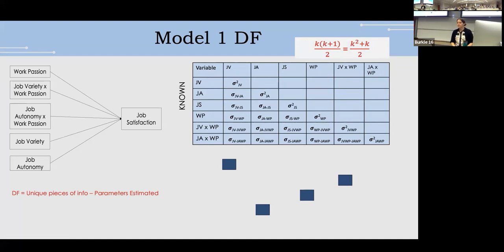We can count them, or we can use the simplified formula here, which is k squared plus k over 2. How many k do we have? 5. No, 6, right? We have 6 variables. It's not just predictors, it's all variables. Anything that goes into making the matrix is a k. So we've got our 5 predictors and job satisfaction. So if we take 6 times 6 squared, add another 6 and divide by 2, what do we get? 21. If I were to count all the boxes that have words in them right now, I would get 21. The formula is just a shortcut. So we have 21 known pieces of information.